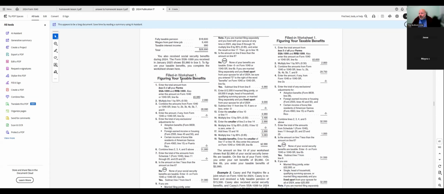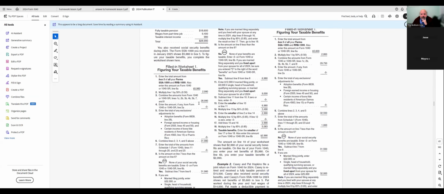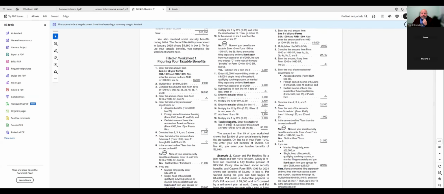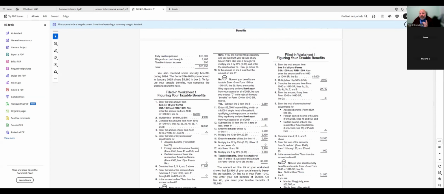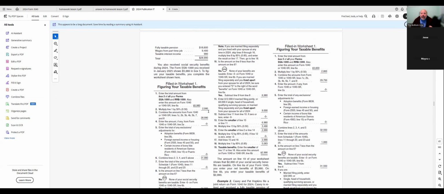Okay. So here's our figuring it out. And this is the worksheet I went over in the spreadsheet and the slides, but it's the exact same worksheet. I just broke it up. And this is what you would do if somebody comes to you and says, "Hey, I received $5,000 in Social Security benefits. Is it taxable?" Well, you have to ask, "What's your other income?" Because it's really based on your other income, not on what you receive in Social Security. Half of your Social Security is figured into income.